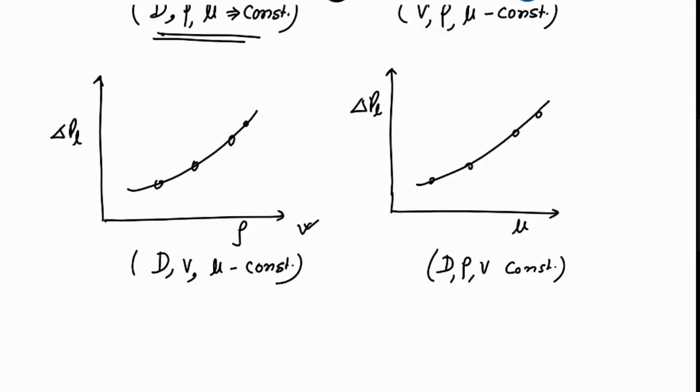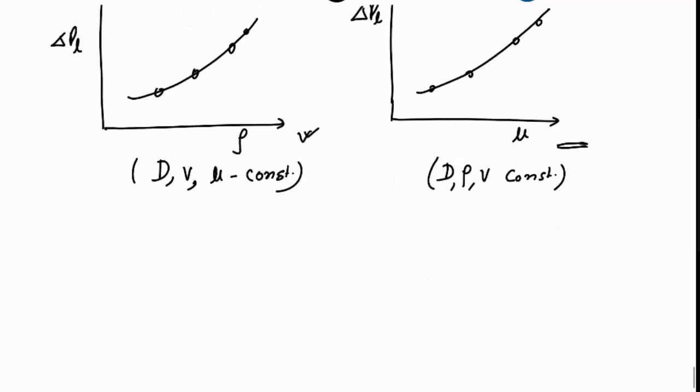One time same pipe you are flowing water, another time flowing oil, third time some other chemical. So you are changing the rho. This part, changing the viscosity, same liquid or other liquid. By changing the temperature, you can change the viscosity. So these experiments, the first thing is there are a large number of experiments, and second thing is some of them are not easy to perform.